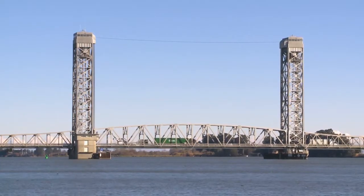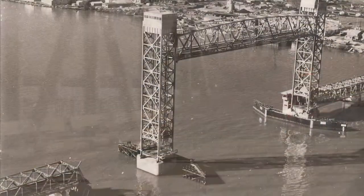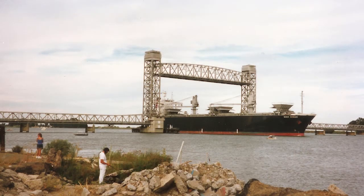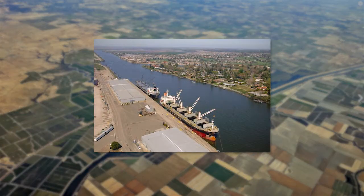More than 20,000 vehicles cross the Rio Vista Bridge every day. The Rio Vista Bridge, located in between Sacramento and Solano counties, was built in 2 stages between 1943 through 1945 and 1957 through 1960. The bridge plays a critical role as it's part of the route of the Sacramento River